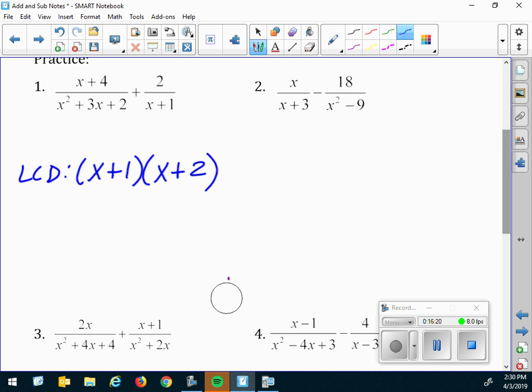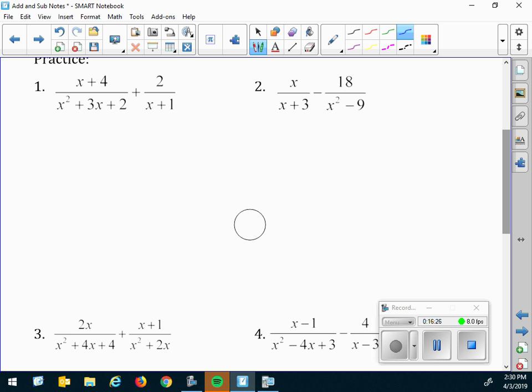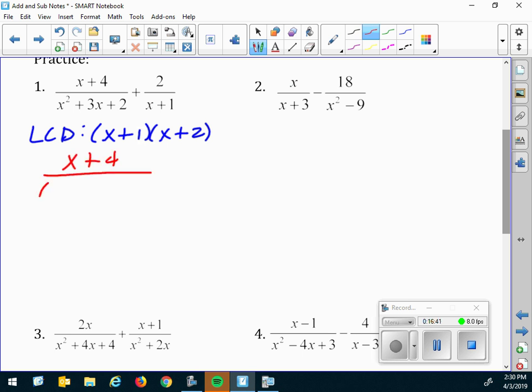So you're saying, okay, fine, what do I do with it? Now, I'm going to erase this, and I'm going to put it right up here. Least common denominator is x plus 1 times x plus 2. Now, I'm going to rewrite the problem with that denominator factored, because you said it was x plus 1 times x plus 2, right? Plus,